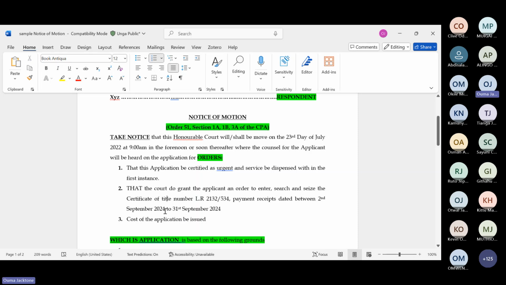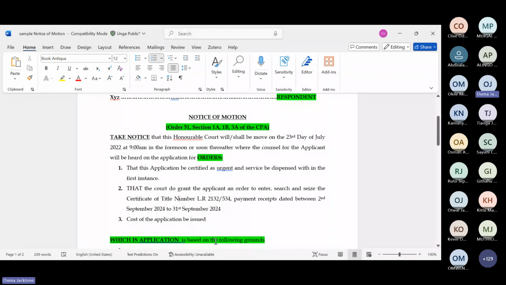It doesn't mean that these are the documents that you're going to have. You could have a lot of documents or just one. It depends on what the examiner is telling you. So don't create your own document. The question will have the document. So just look at the question and look at what documents this person is seeking to seize. You don't have to stress about the document. They will be in the question.